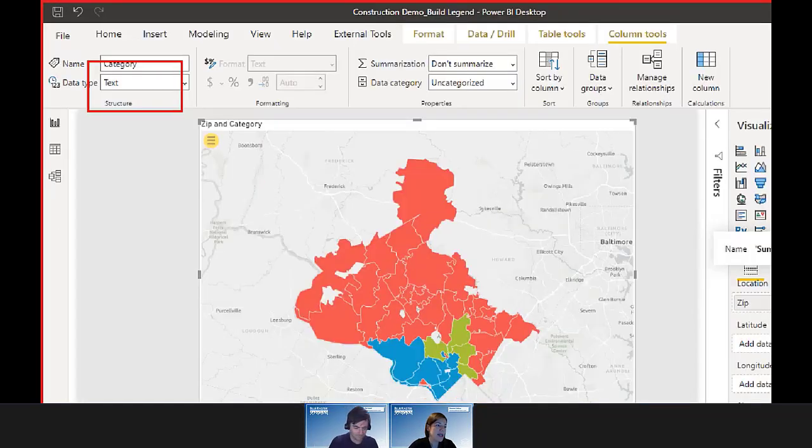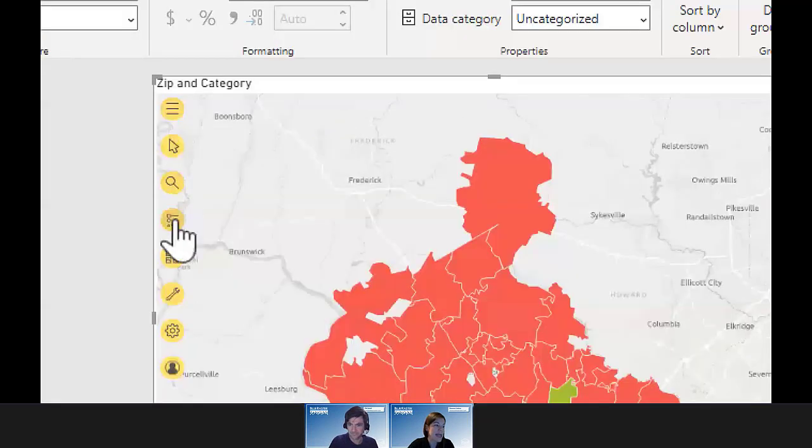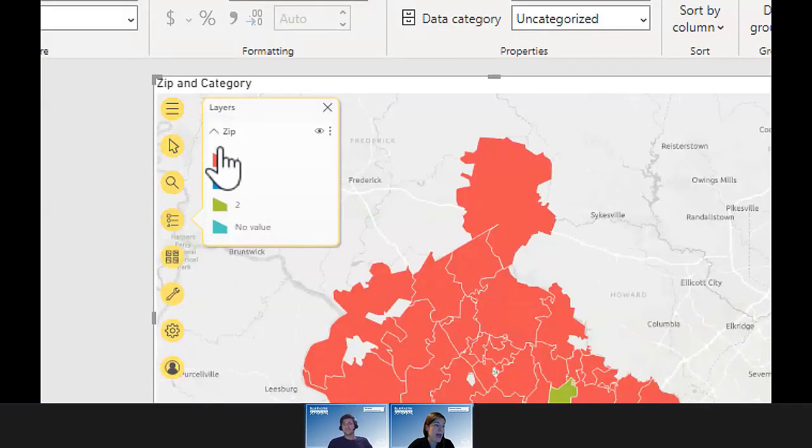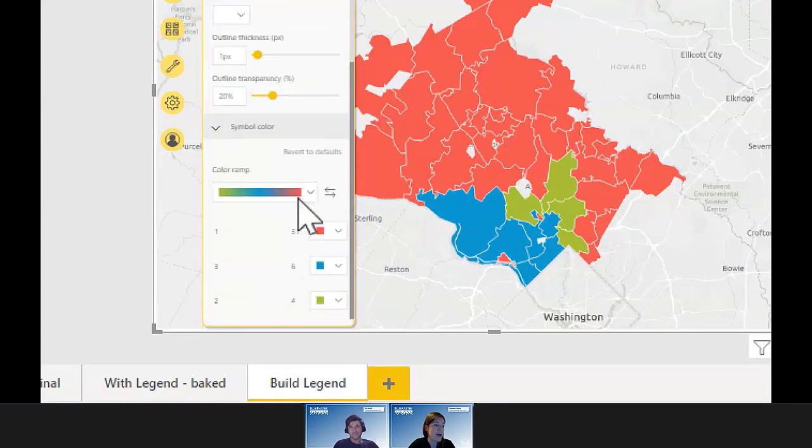So what we're going to do here is now use these tools that Phil showed us. So we're going to take a look at our layers here. And now you can see here are the colors. So these are the things that we need to change. And I know from what I learned from Phil, I can adjust the symbology here. Okay, so I am going to scroll all the way down here and I'm going to adjust the symbology and I'm going to